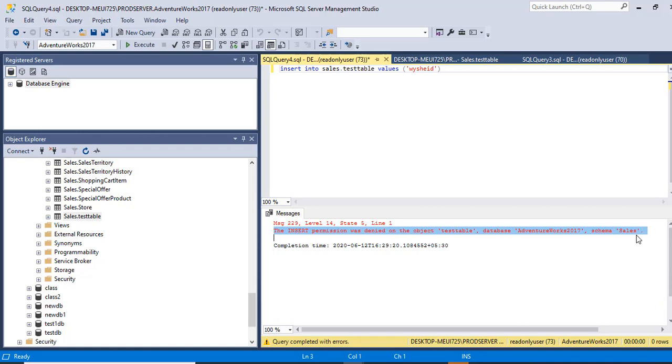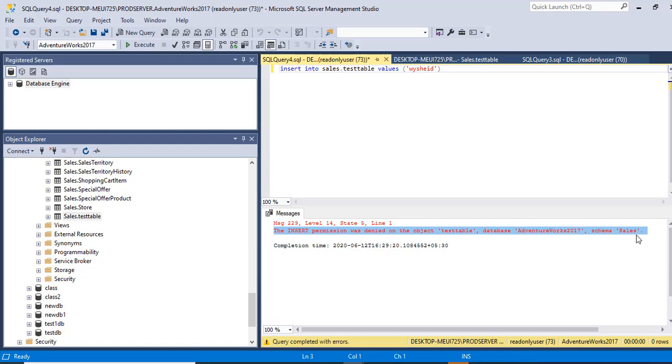Then we connected to the database and tried to view the tables, and we were not able to view them. From the administrative connection, we granted the built-in database role, db_datareader, to this user, and then we cross-verified again.